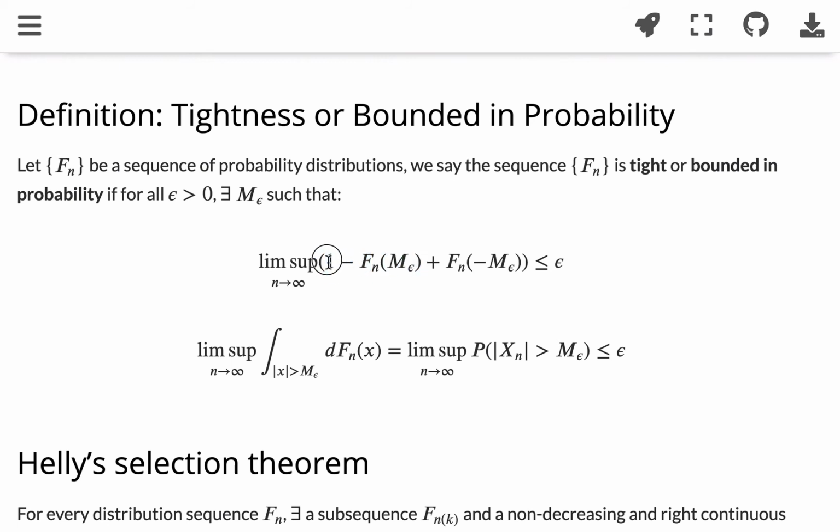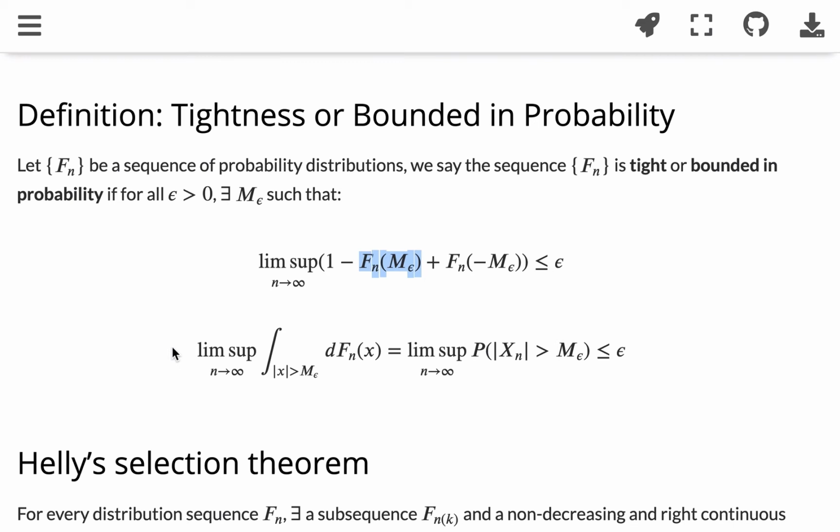sorry, there's another bracket here. If you look at the one, yeah, so that's correct. So the notation is correct. 1 minus Fn(M_epsilon), which is actually, usually the distribution function is continuous, right continuous, non-decreasing from